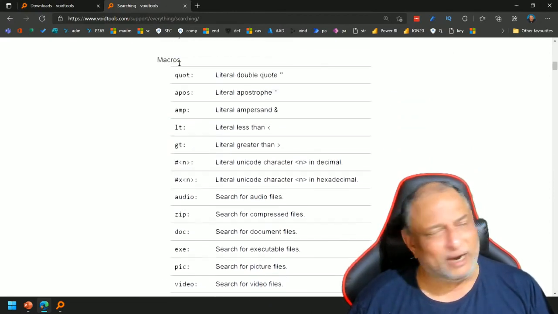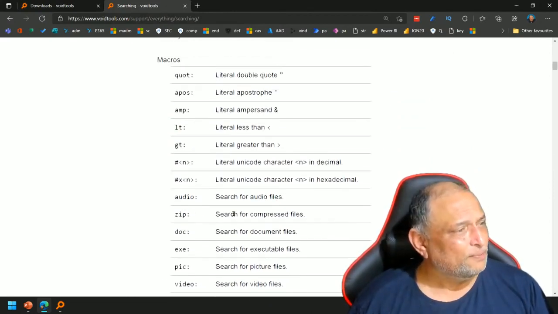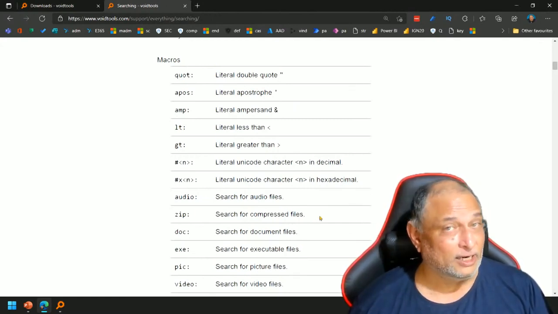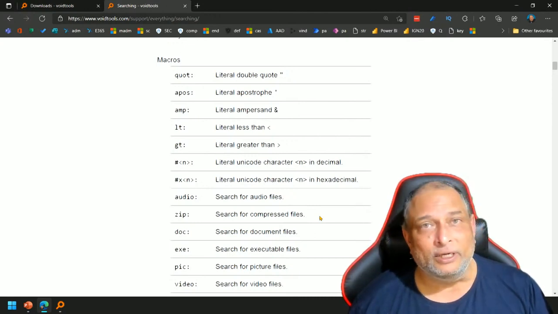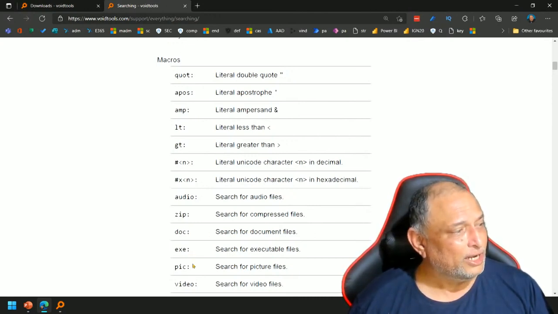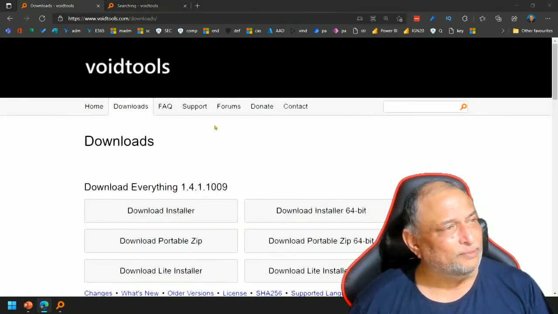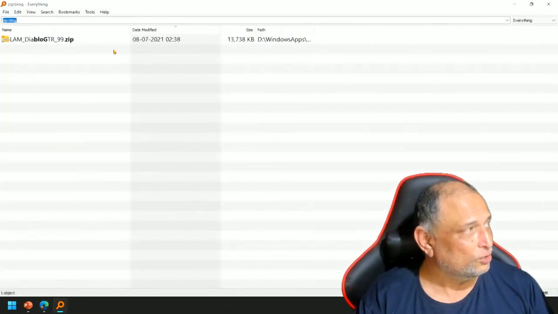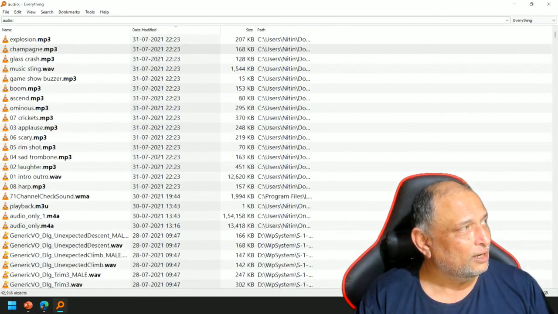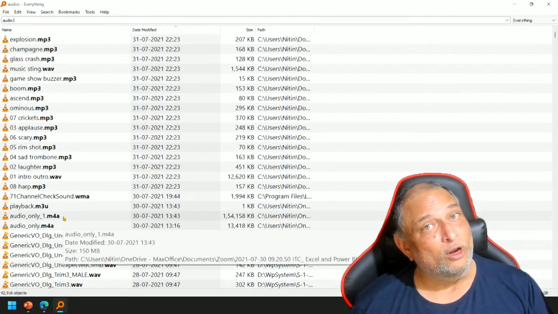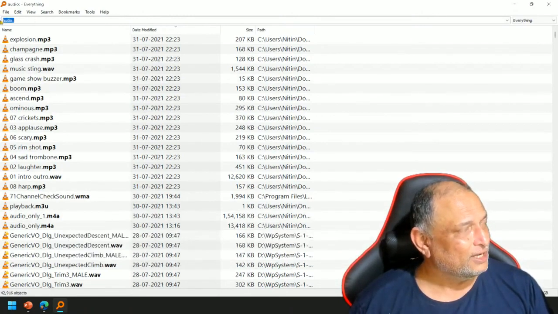These are called macros. Zip colon only searches for compressed files. So it could be zip, rar, whatever. It understands different types as well. Very nice. Similarly, we have doc, exe, pic, video, and various different formats. So if I say something like audio, which is a keyword, so to say, audio colon OneDrive, notice it is giving me MP3 as well as WMA as well as M4A. So all audio formats. Similarly, if I say pic,